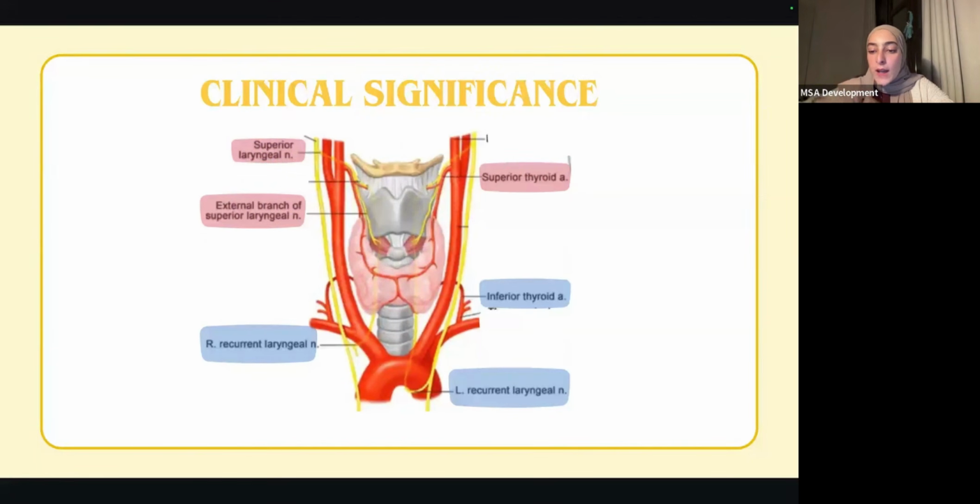What's very close to it? What's anatomically very close to it? The external laryngeal nerve, or the superior laryngeal nerve. Superior means from up, and more specifically,